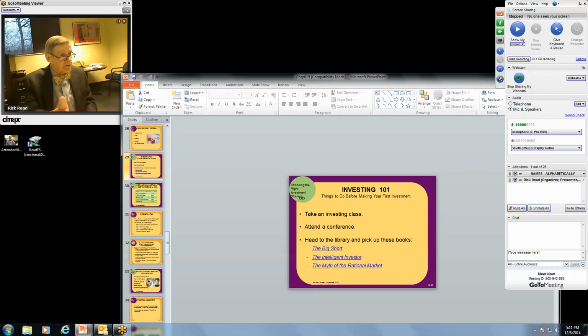This just says what I just said. You can take a class, a lot of libraries around the country offer this type of class. And you just have to check and see when they're going to hold it. Some schools that have continuing education, I'm talking about colleges, some high schools do as well, offer these types of classes.